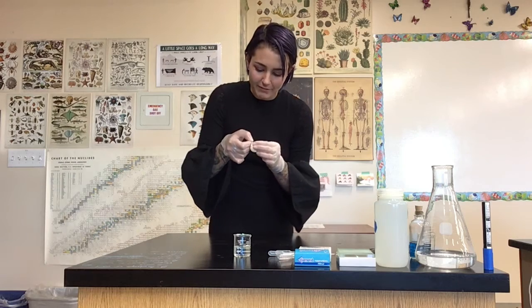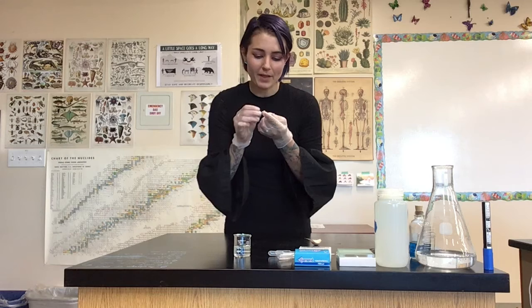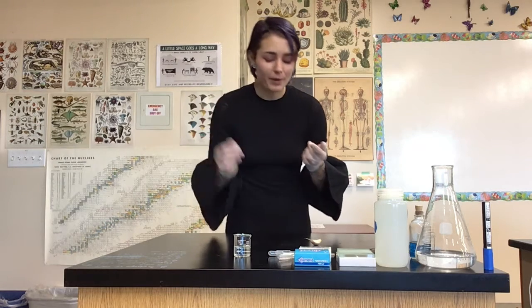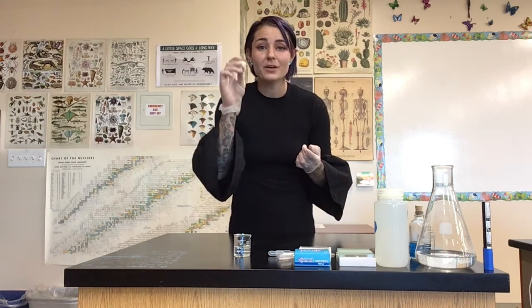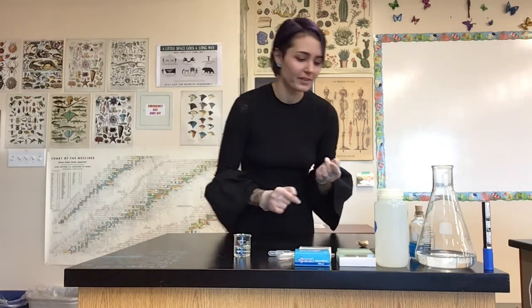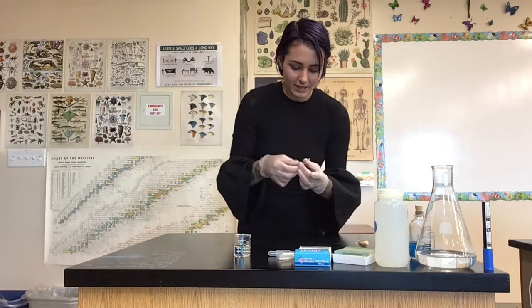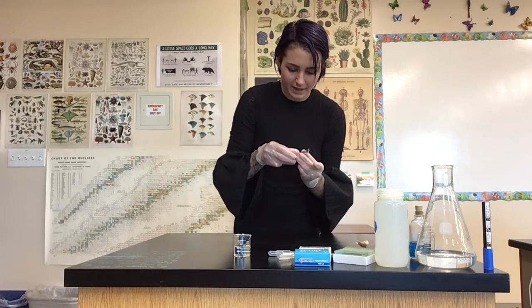The procedure that I found online said to use the little roots that would form at the bottom of the garlic or the onion sprouts that you might have, but I wanted to see what it would look like if I used the garlic flesh itself. So we're going to make a few different slides. So speaking of which, I've got my slides here. I'm going to separate them for the...